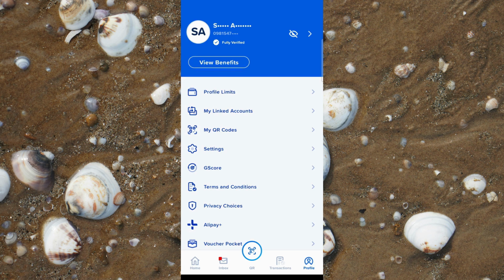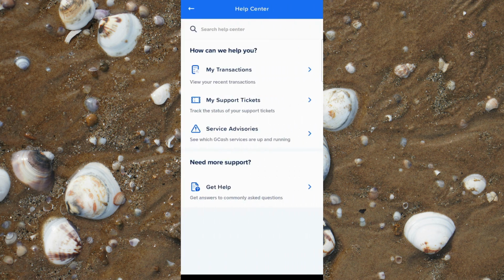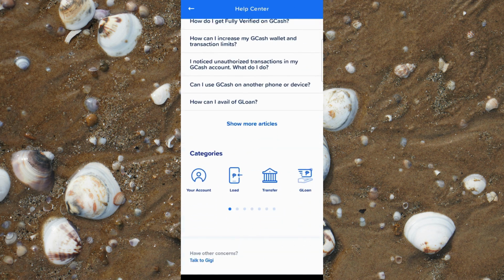From the profile page, tap Help. This is your gateway to the GCash Help Center. Here you'll typically see common categories and topics that address frequent concerns. If one of these matches your issue, select it to see recommended answers. These articles can quickly solve many problems and are worth checking first, as they often include the exact steps to